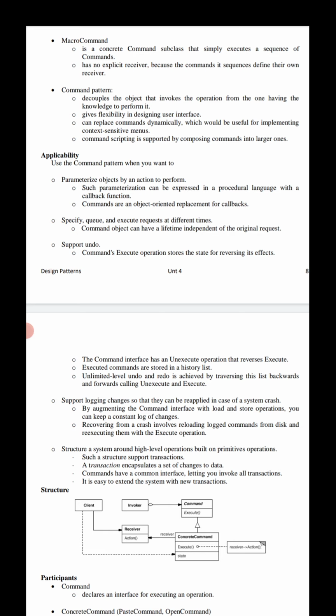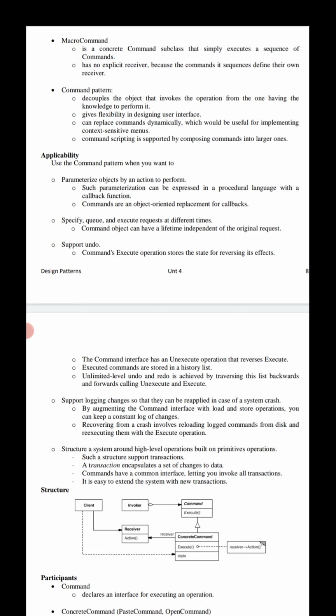And coming to the fourth applicability, support logging changes so that they can be reapplied in case of a system crash.